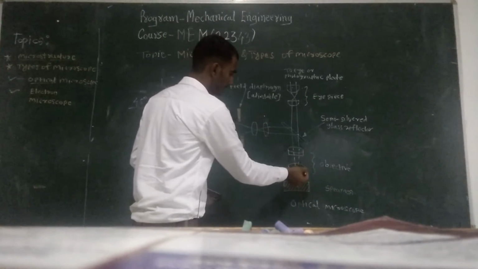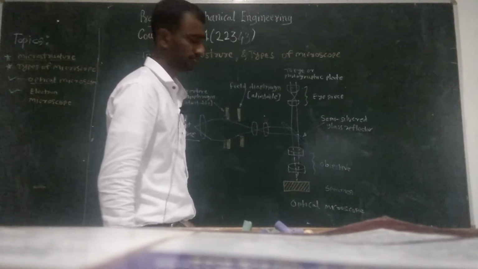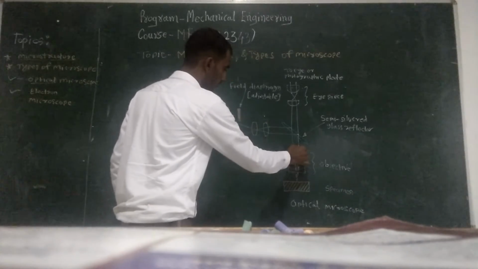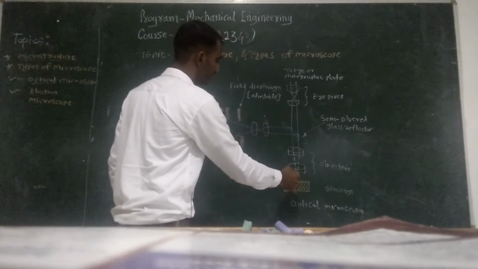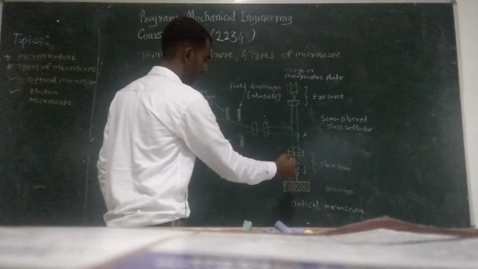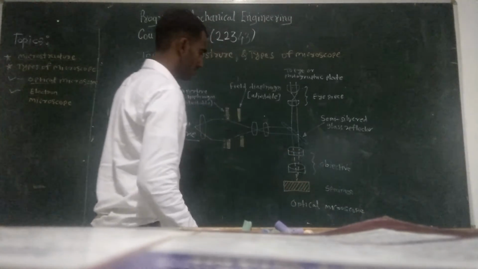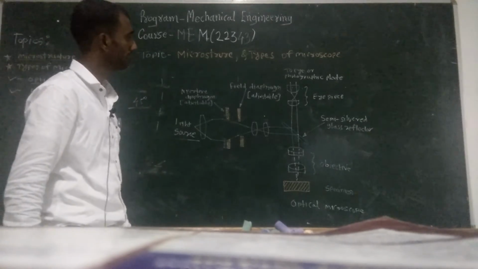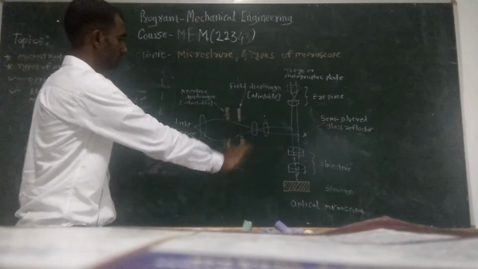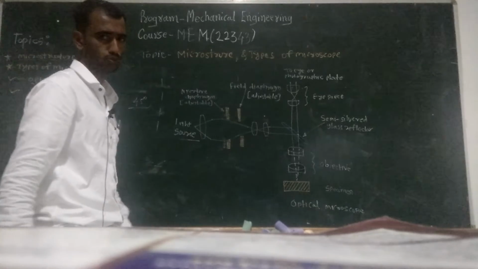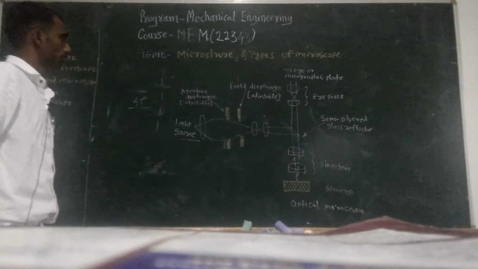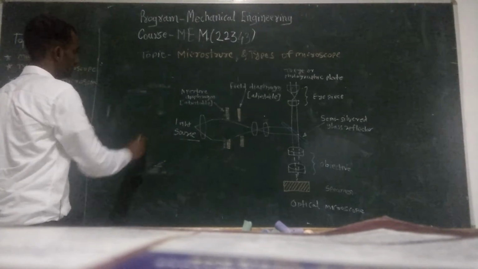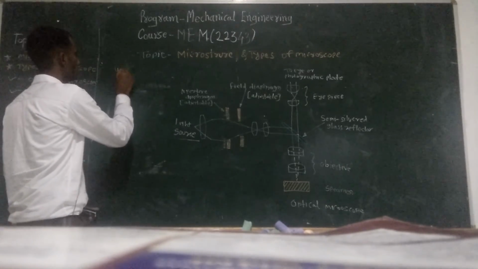These are the objective lenses that may be monochromatic. They are given to concentrate the reflected rays on the given specimen, and this is the specimen which is under test. This is all about the optical microscope. Now, we have to see how this microscope works. We are going to see the working.